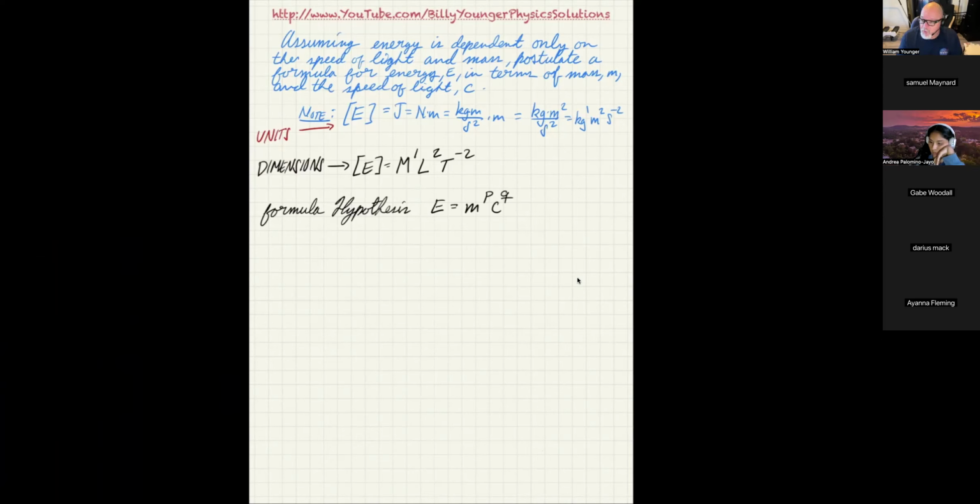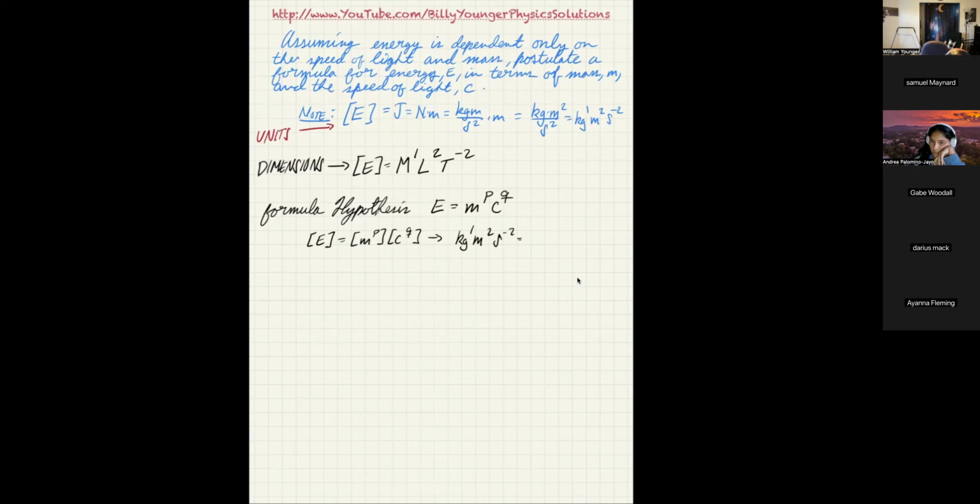So now what I'm going to do is use that and figure out what p and q are, and that should give me a formula that relates energy to mass and the speed of light. So if I talk in terms of units, or dimensions, energy, which has kilograms to the 1 power, meters to the 2 power, and seconds to the negative 2 power, is equal to, now here's the other part,